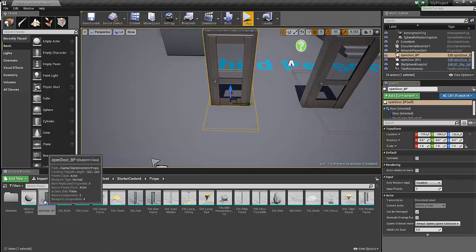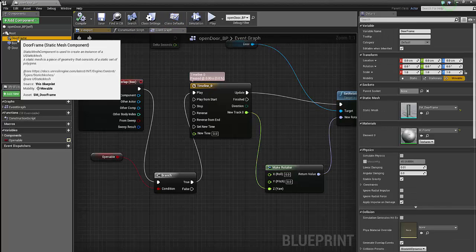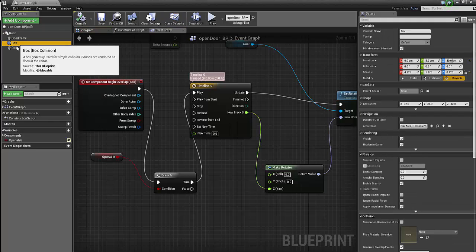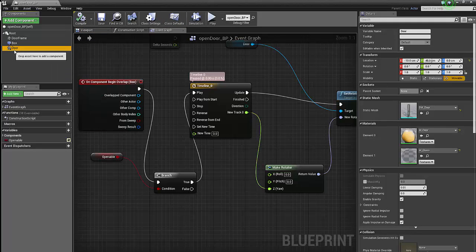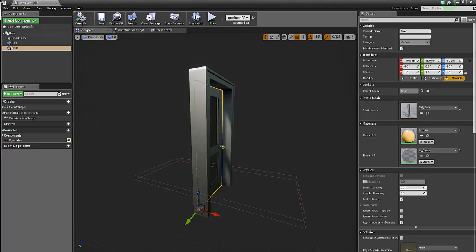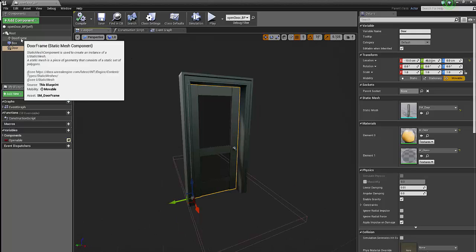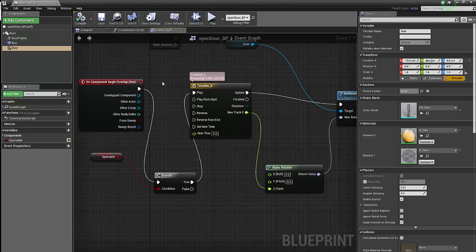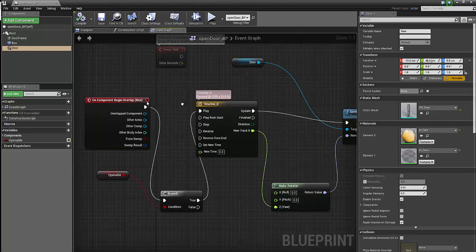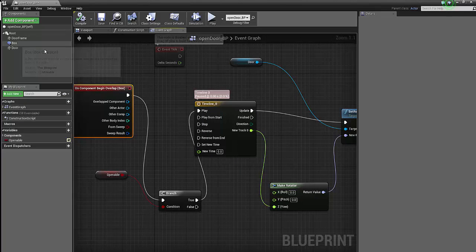So I made a blueprint. I have a door frame as a static mesh, a box as a collision object, and then a door as a static mesh as well. Okay, and in the event graph, I have my on component begin overlap. So when you overlap that collision box, ignore this for a second,